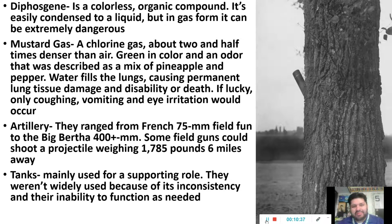Yeah, it's a type of relief, but it really wasn't doing much. Okay. The other thing is artillery. Now these are big guns that can shoot mortars far away. Right? They ranged from 75 millimeters to 420 millimeters, and those big ones were called the Big Berthas. Those artillery guns were huge. Now, the Big Berthas could actually send an object about 1,700 pounds 6 miles away. So if it's like a cannonball weighing that big, they can launch that puppy, and wherever it landed, it's going